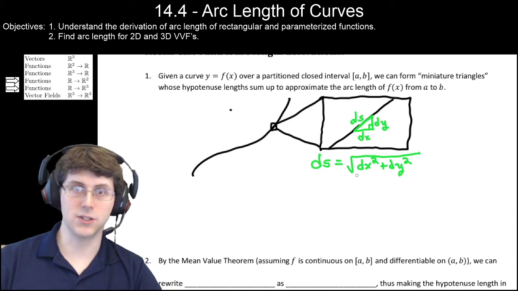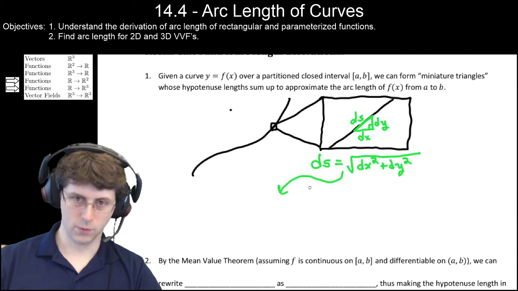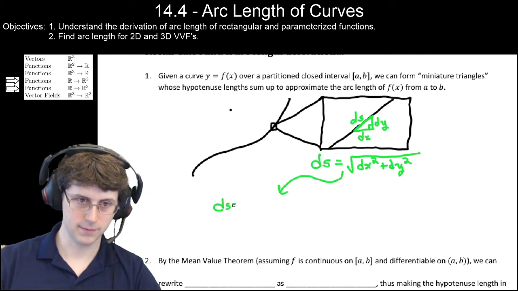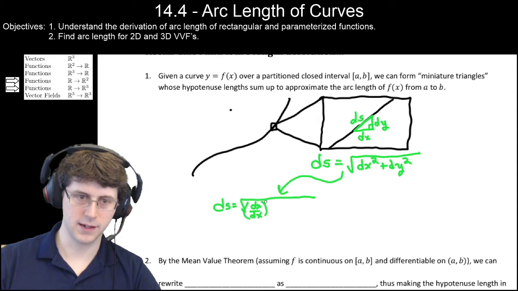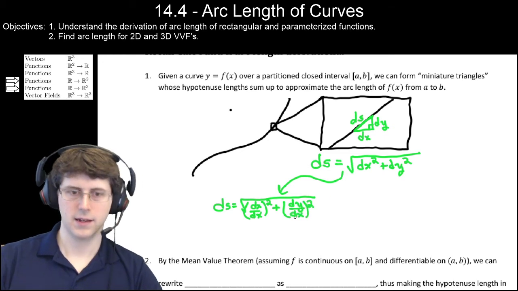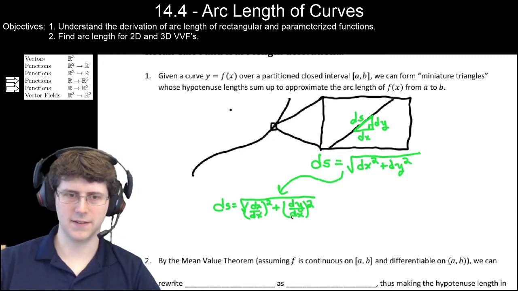Now, you can't actually do an integral when the ds is in this form, so you need to write it in some other way. We had 2 ways to do it in Calculus 2. One way was to do everything with respect to x. So you'd have dx squared and dy dx squared. This is the same thing as what I had in the previous step, except I've got too much dx